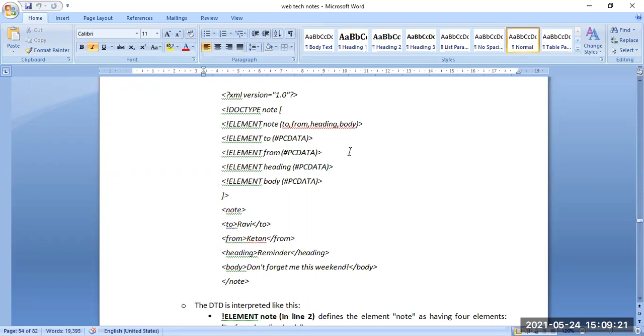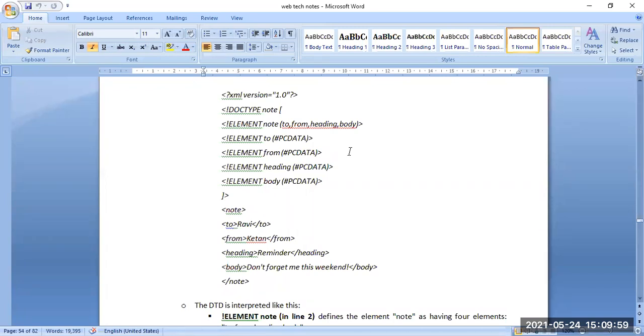So we are mentioning four things here: the note has to, from, heading and body. To means where the data will be represented, from means where the data is coming from, and the heading and the body portion will be there.